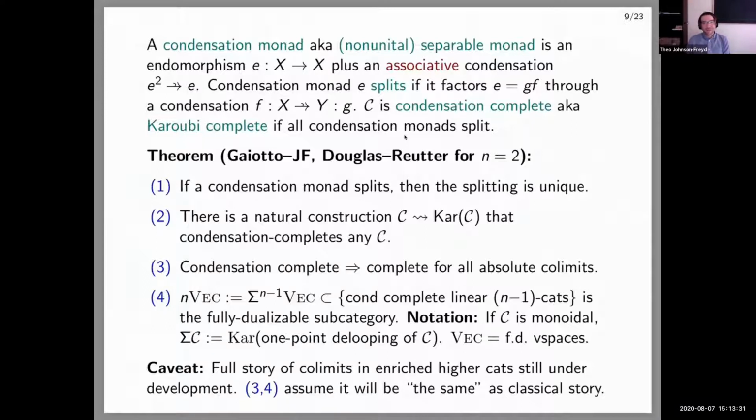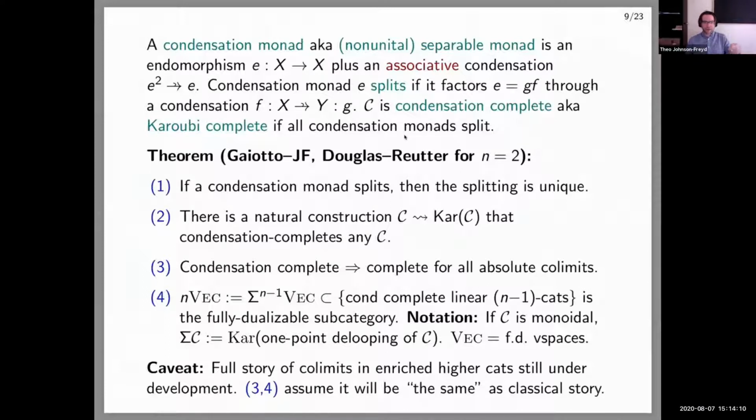All of these are supposed to generalize statements in one-categories. So if a condensation monad splits, if an idempotent splits, the splitting is unique up to unique isomorphism. There's a natural Karoubi completion that completes any category. I'm going to use the words condensation completion and Karoubi completion completely interchangeably in my talk. In fact, if you're already Karoubi complete, then you're complete for all absolute colimits. I'm not going to tell you what an absolute colimit is, but if you already know what it is, it's the same thing in higher categories as it is in lower categories. And